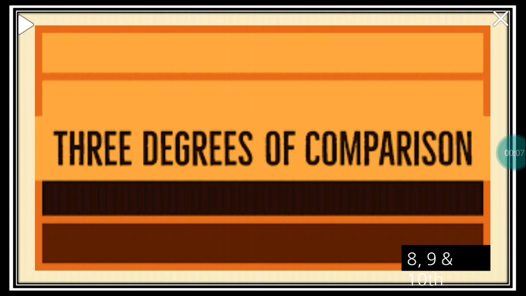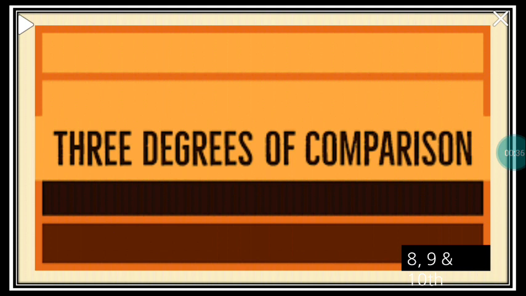Now this lesson is important from the point of view of transformation of sentences. In order to transform from one degree to the other, you need to have knowledge about every individual degree of comparison, that is positive, comparative and superlative. Now degrees of comparison are used when we compare one person or thing with another. There are 3 degrees of comparison and they are positive, comparative and superlative.